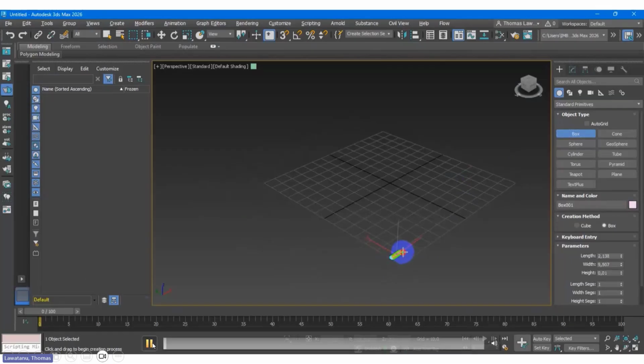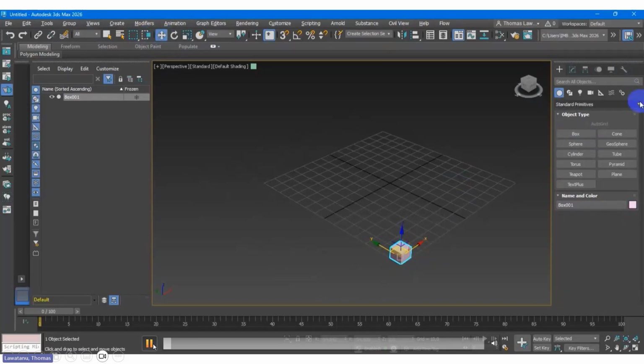Okay, so first we start with a small cube, as you see on my screen right now, and then I want to copy it multiple times. That's why here I'm using the array modifier.